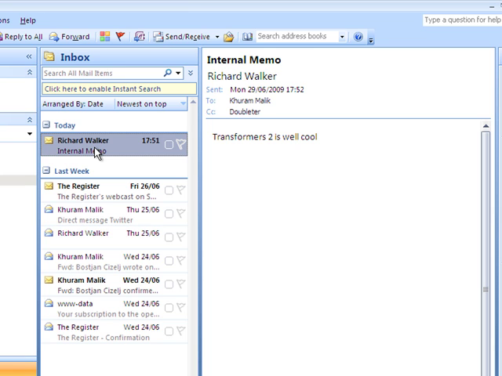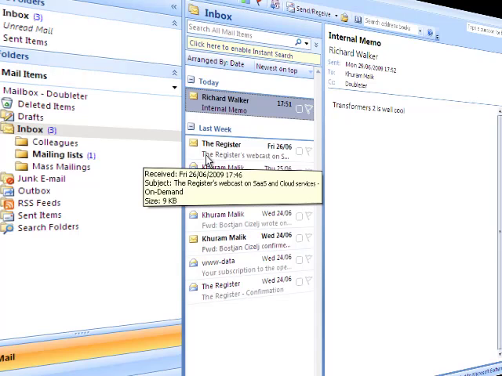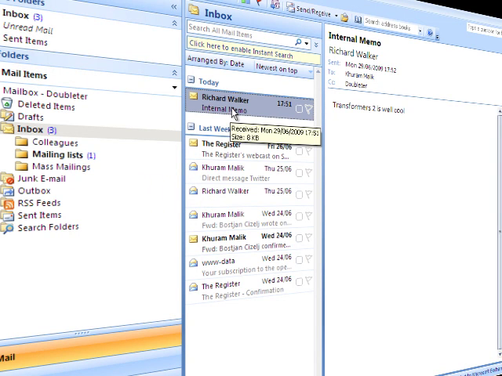So I will show you how to set that disclaimer up. But the first thing that we need to do is set up that particular rule. So what we do, with this email from Richard for example, is first of all create the folder. I've created a folder called mass mailings, and bear in mind that the folders you have here, you want to keep to about 5 or 7. That's what I've noticed is a decent amount. Once you get past 7, it just starts growing again and becomes unmanageable. So try and keep that down to a minimum.